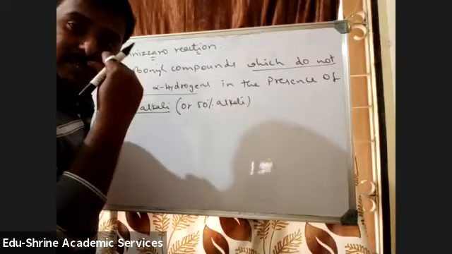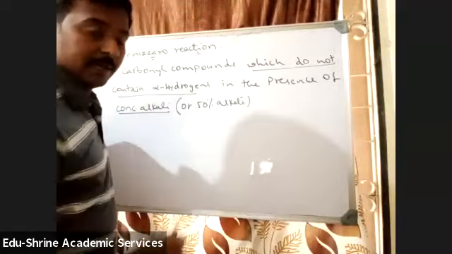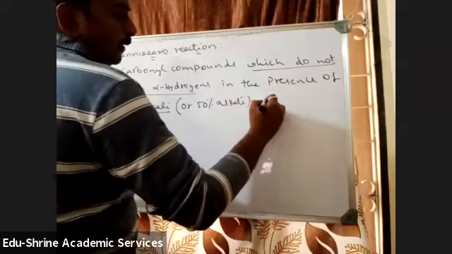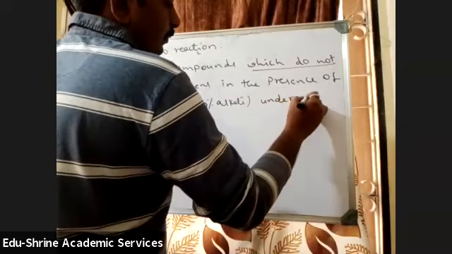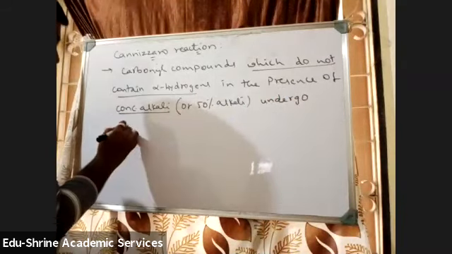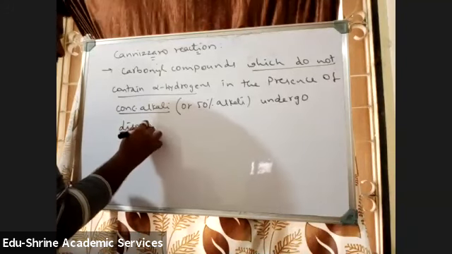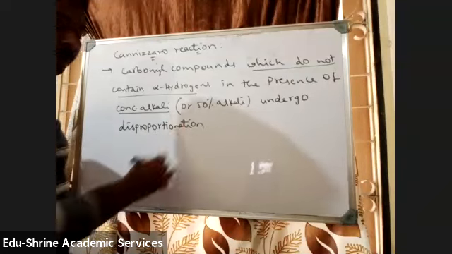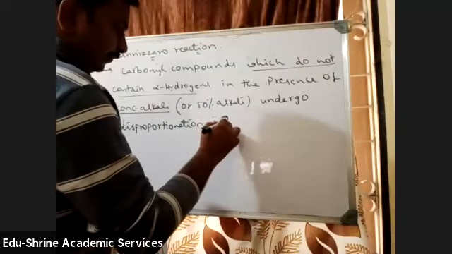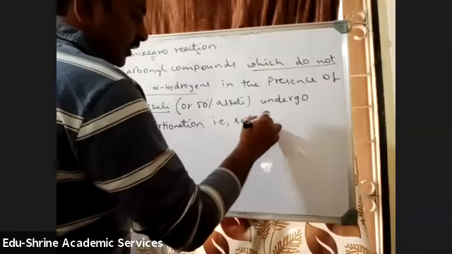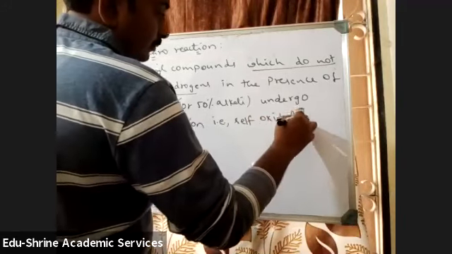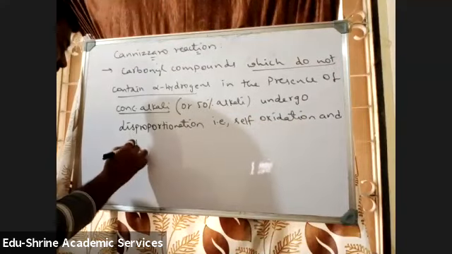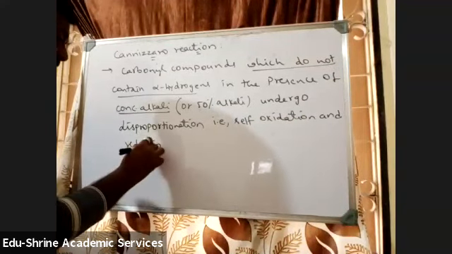When it is 50%, we call it concentrated alkali. In the presence of concentrated alkali, they undergo disproportionation, that is, self-oxidation and reduction, to give